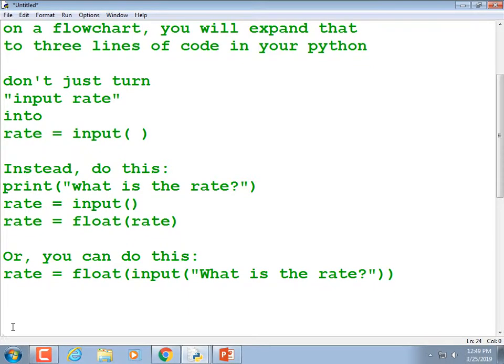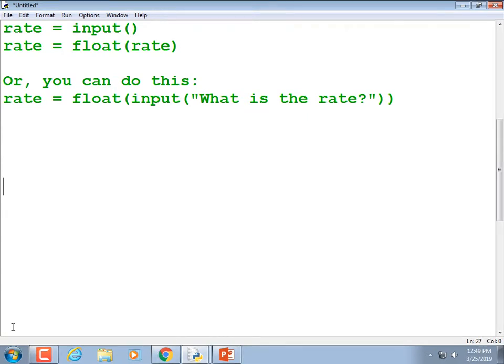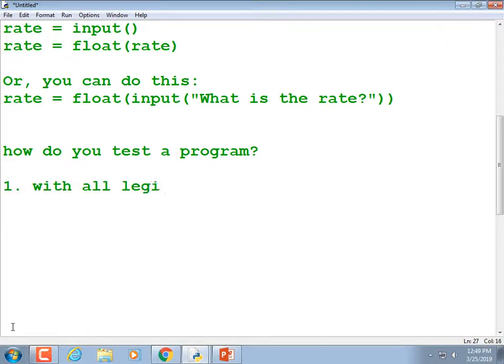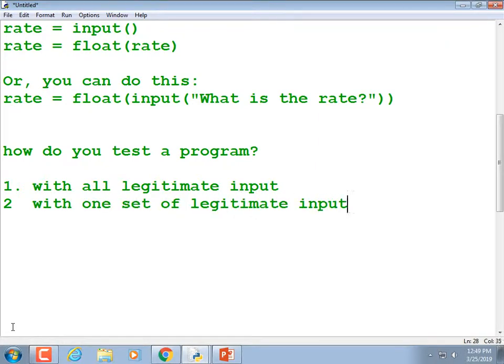While I'm at it, I'm going to give you the answer to one of the questions that like 80% of the other class missed when they took the exam. It said something like this: how do you test a program? One, with all legitimate input. 2, with one set of legitimate input.